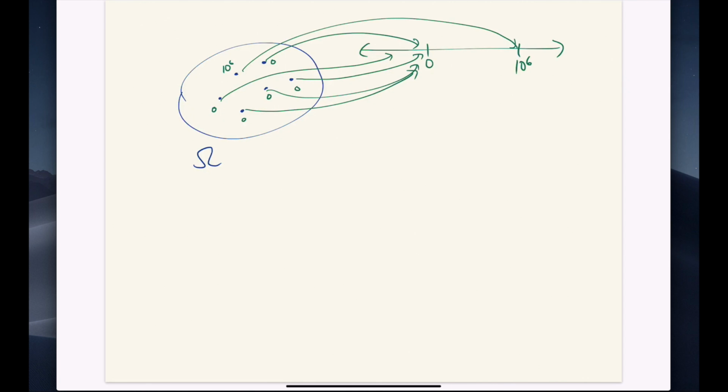And the probability distribution associated with this random variable is just the distribution of mass on the number line you get by pushing forward each of these masses to the number line. So maybe these 5 masses add up to almost 1. So there's going to be a probability mass here, almost 1. And maybe this one has a probability of 1 over a million. And so there will be a 1 over a million mass here at 1 million. This object with the probability masses here and here is called the distribution